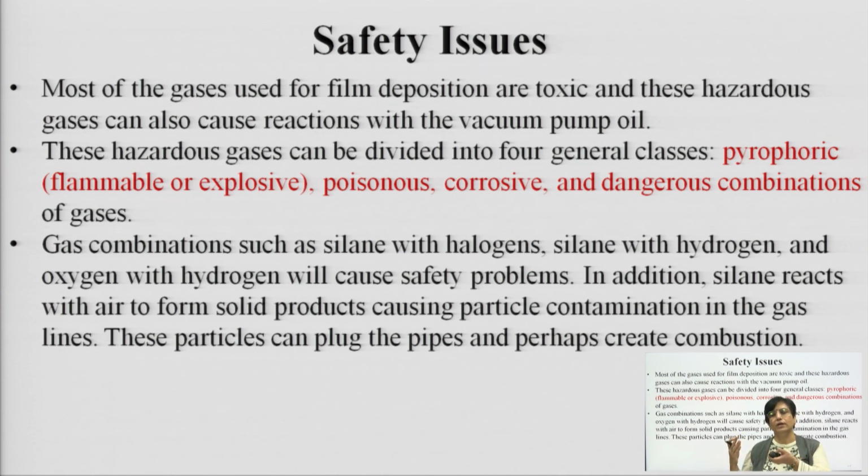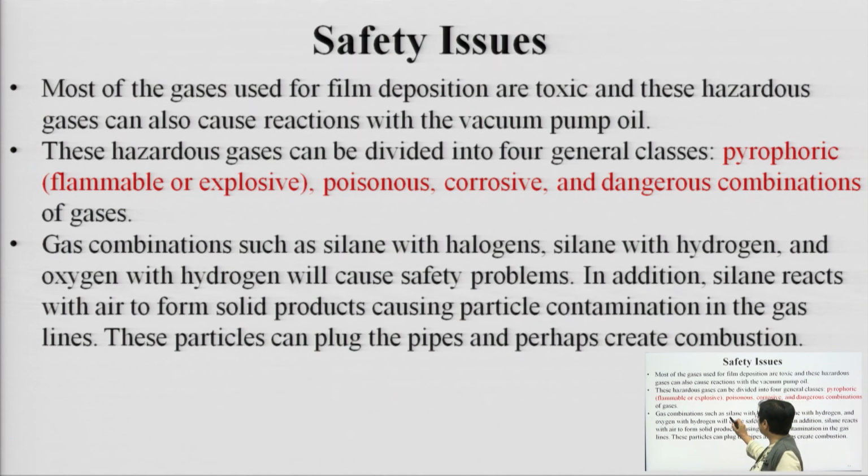Just like in chemical etching, where we saw that disposing of those materials is a big issue, here also, while handling chemicals, the byproducts produced as an outcome of film deposition are equally poisonous, corrosive, and dangerous. When this combination of gases is to be released, first you have to drive them from the furnace, and then they have to be disposed of. So, that is to be done very cautiously.